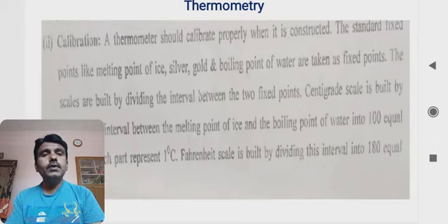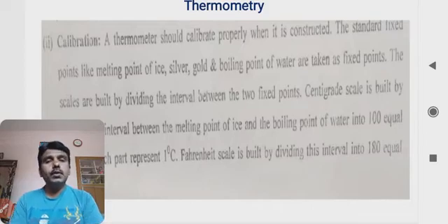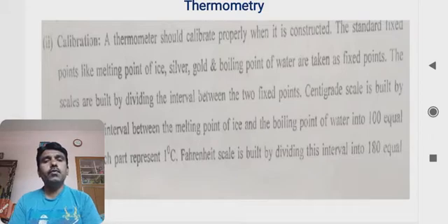The standard fixed points like the melting and boiling point of ice and water, or silver or gold, are taken at fixed points. Wherever such calibrations are done, these factors are taken into account, that is the melting point and the boiling point of water, gold and silver. And with this the scale is to be built up